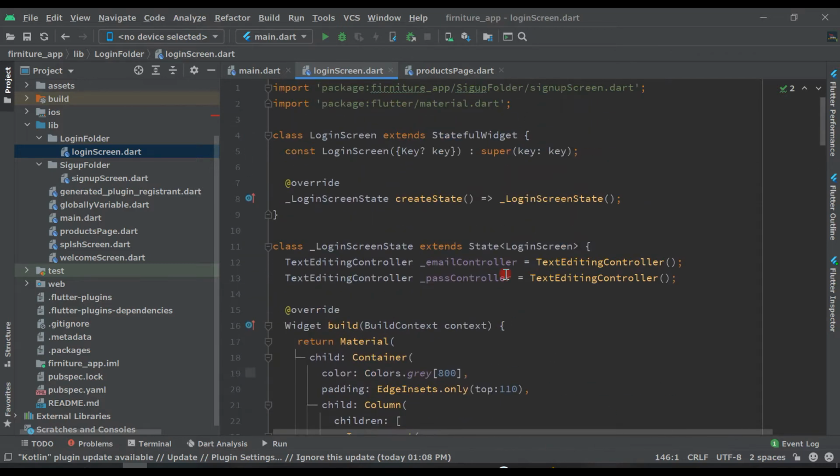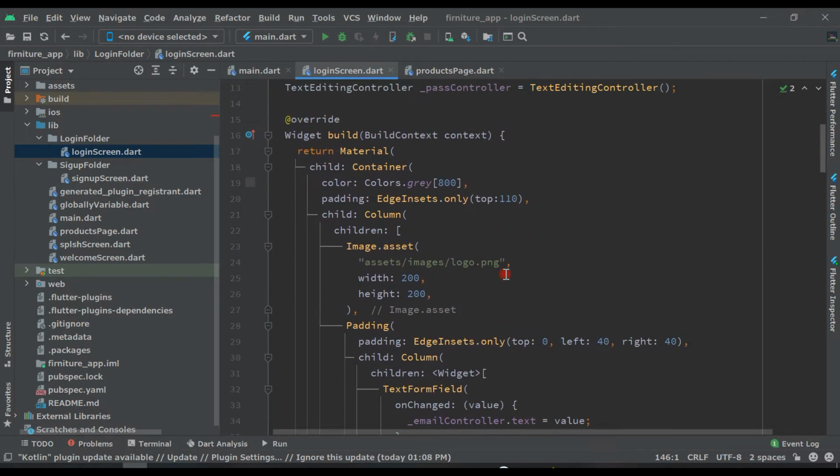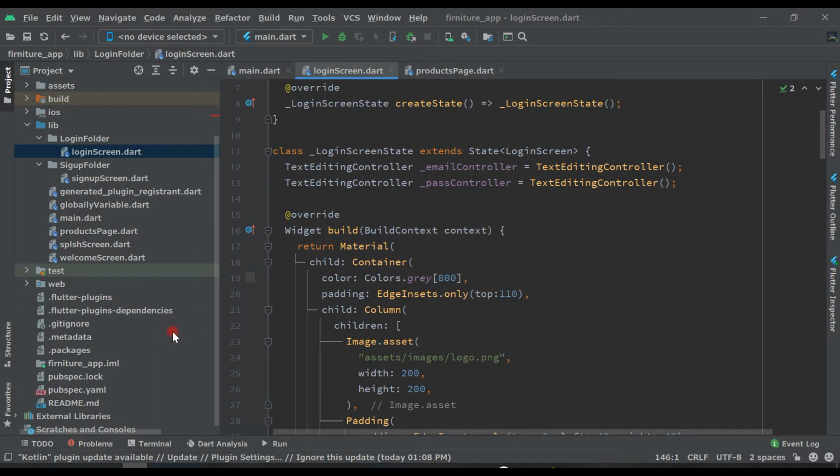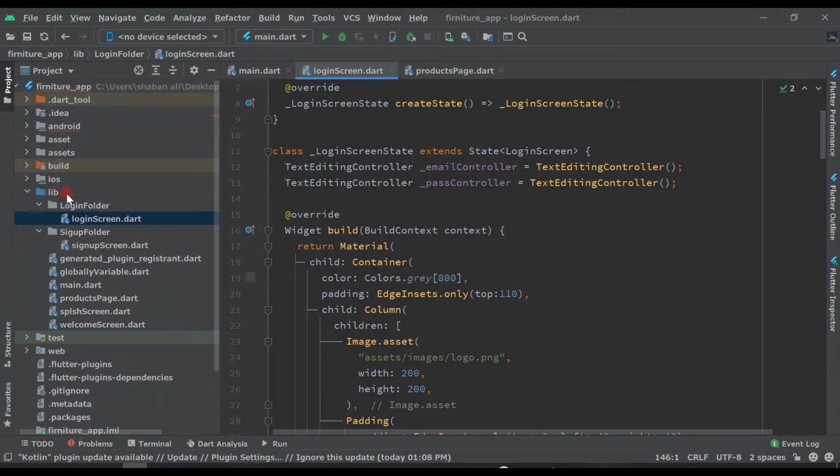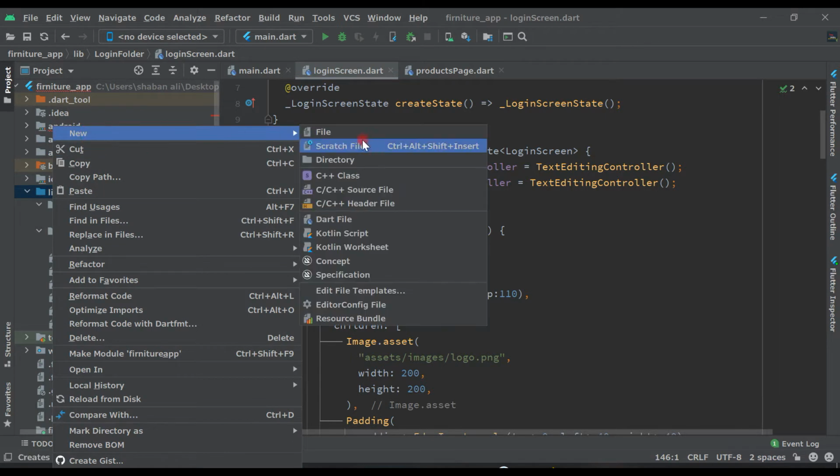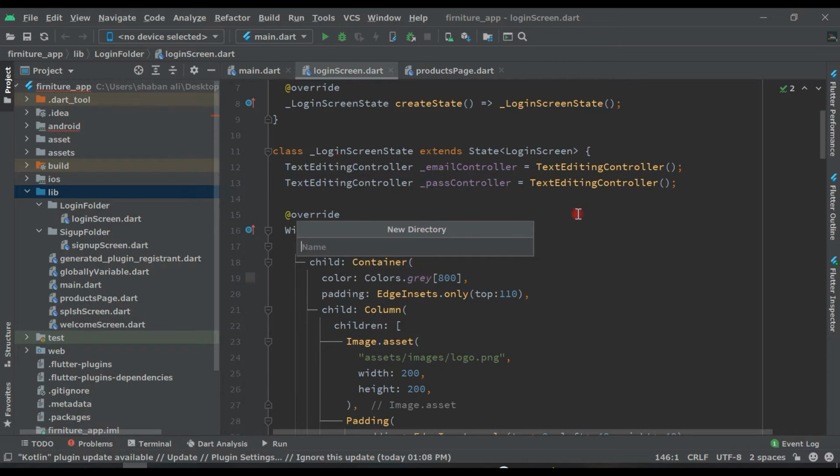So to create an alert box or dialog box, first of all, come here in the lib folder, right click on lib, new, and choose package or folder. Name the directory dialogs, and press Enter.